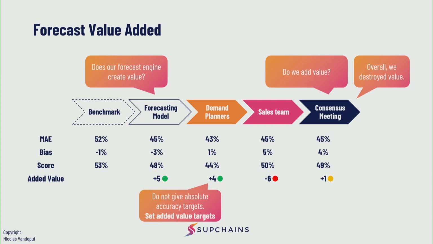So their team improved compared to the forecast engine, but the forecast engine is worse than a moving average 12 months. And to be honest, when you find out that your forecast engine that you just invested millions or a month or years in implementing does not bring more value or less value than a moving average, I mean, it's impressive. But I've seen this many times that actually a moving average 12 months beats forecasting engine. So I would strongly advise you to do that.